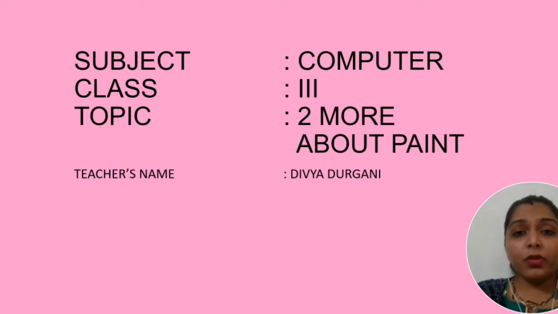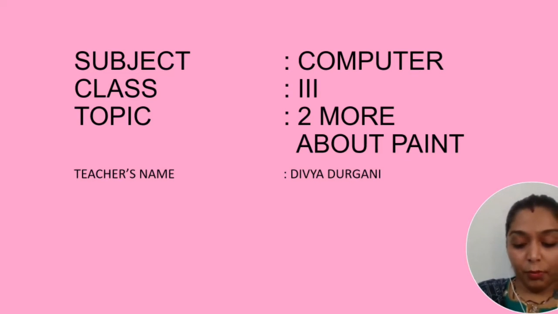Now, dear students, you have already studied in second standard what is Paint and how we can draw in Paint. Okay, Paint is a very simple drawing program, and you are very used to it as you have studied it in the second standard. Now, in third standard, today we are going to learn some more features about Paint. I will explain the theory as well as do the practicals for you.